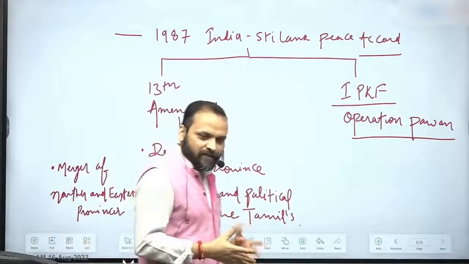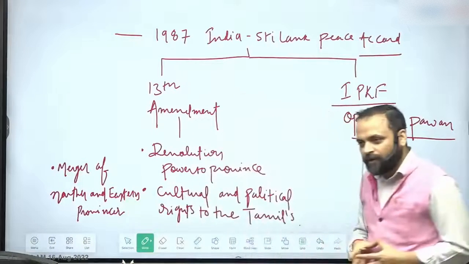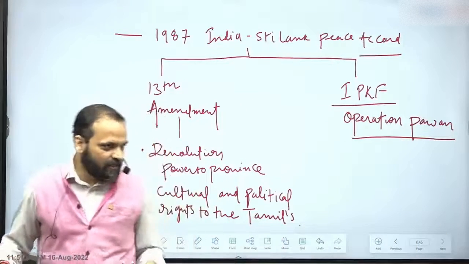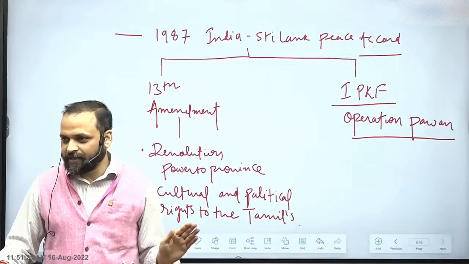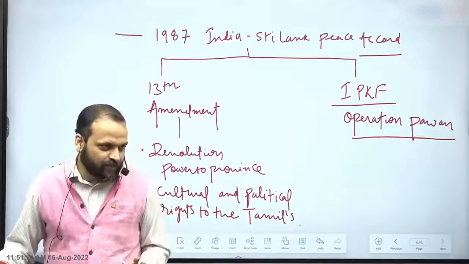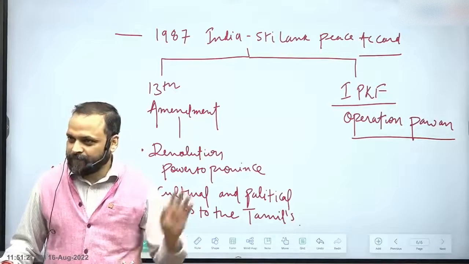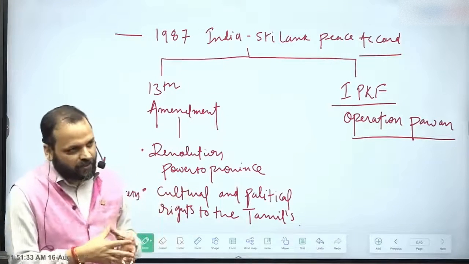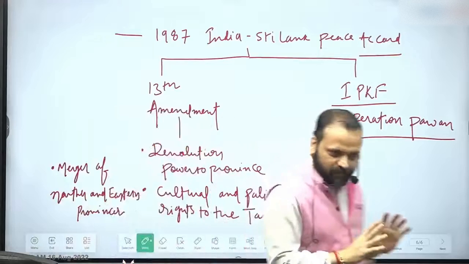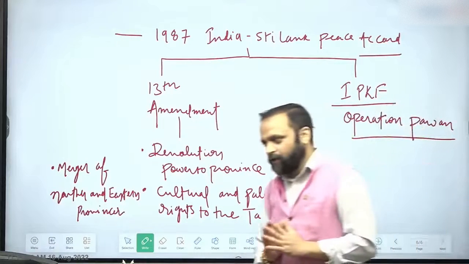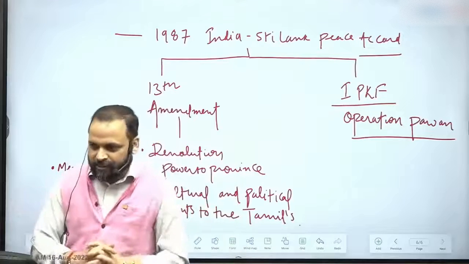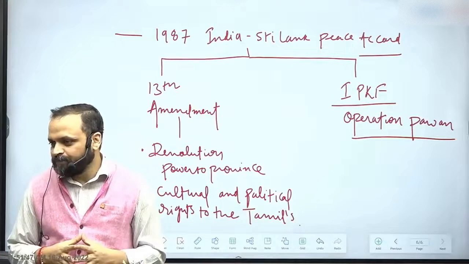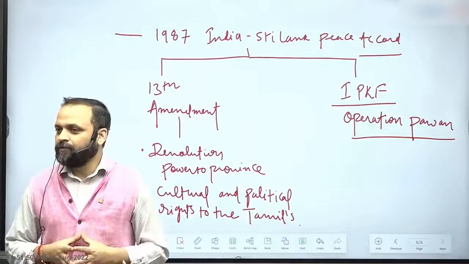What happened was this. Soon the agreement became unpopular in Sri Lanka. Both LTTE and Sri Lankan government violated the understanding, right? One, Mr. J.R. Jayawardene lost the election. So Mr. Premadasa became the president of Sri Lanka, and Mr. Premadasa did not like the agreement. So Sri Lankan government in a way pulled away its support from the agreement. The president with whom we had signed it was no longer in power. And the LTTE accused the Sri Lankan government of not following what was agreed upon. So then they also started violence.